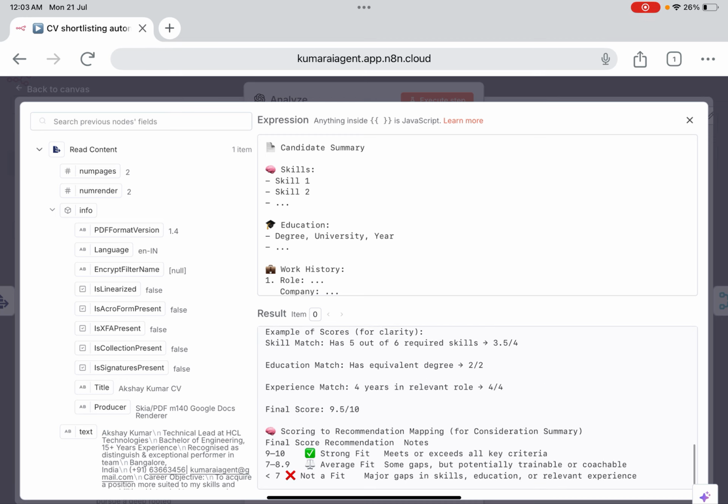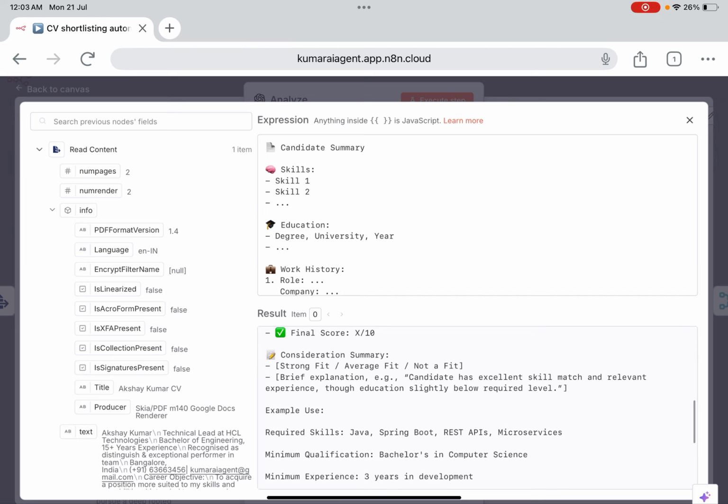Based on the prompt, this OpenAI chat model will tell me as a summary whether the candidate is a strong fit, average fit or not a fit. This is a simple